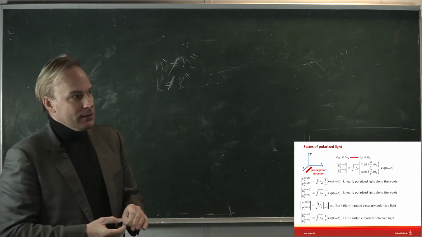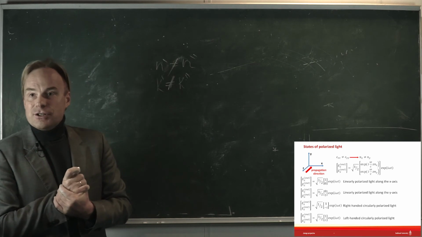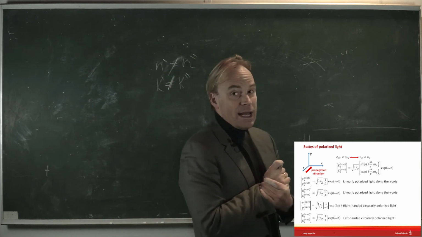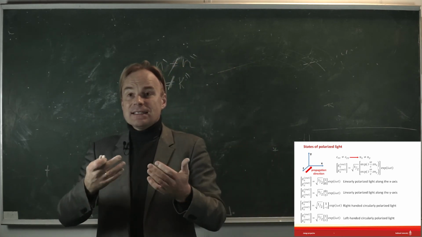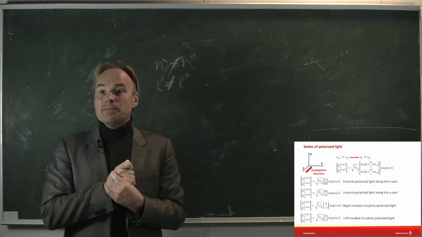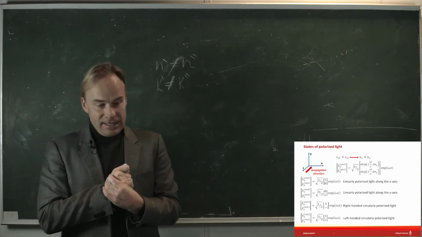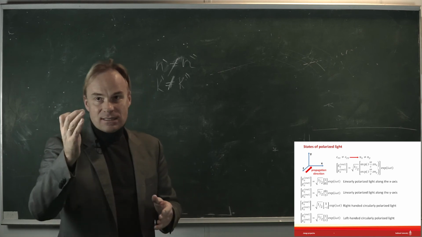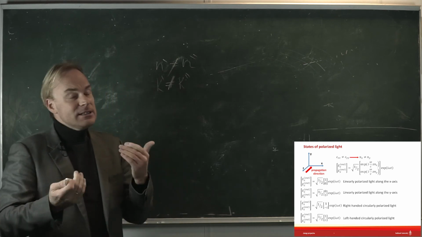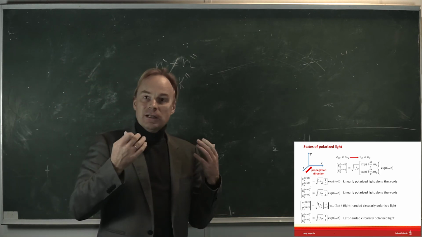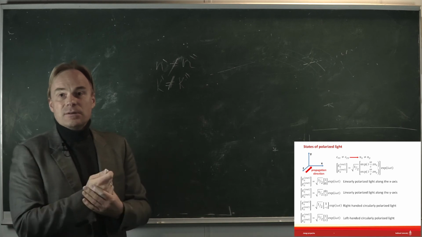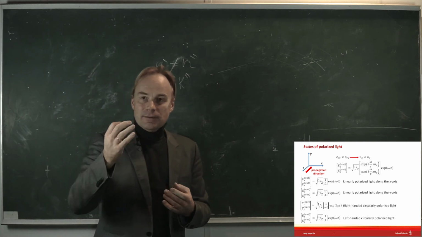And as we saw already, if the refraction coefficients for light polarized along the x-axis and for light polarized along the y-axis are not mutually equal, then we have to take this into account in the propagation of light. In particular, it will result in a change of the polarization. So if linearly polarized light enters a medium which has the property of linear birefringence, and experiences different refraction coefficients for different polarizations, at the end the light will not be linearly polarized anymore. It will have some arbitrary polarization,